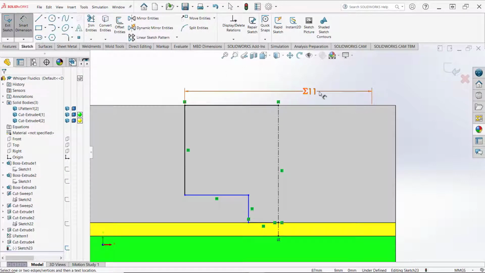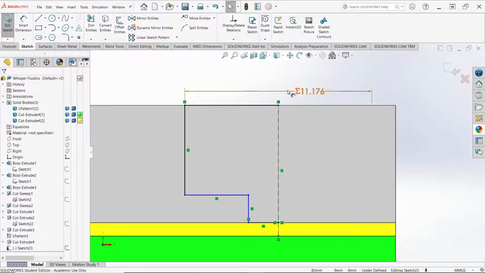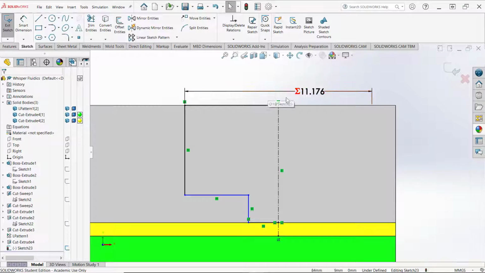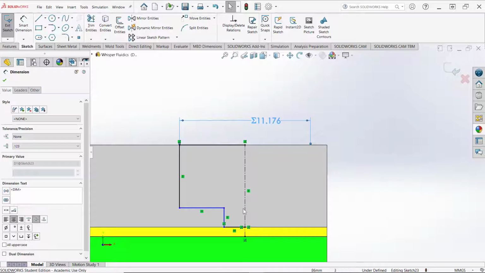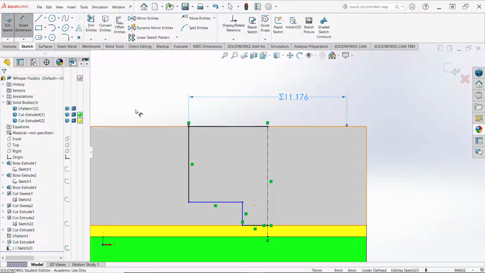And so I see that now. I want to show that as more decimal places, so let's do that as, say, 3 decimal places. Now when I see that, I see that as an oddball number. I wonder, where does that number come from? And if I double click on it, I see, oh, okay, by putting that equal to, it now shows it as a parameter that I can always go back and check and get an idea of where that number came from. And then I'm going to dimension